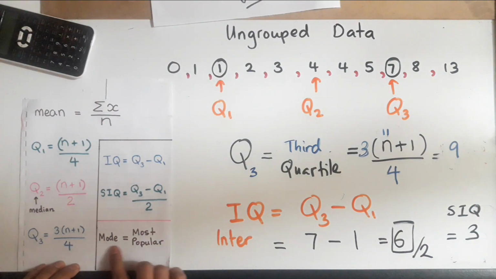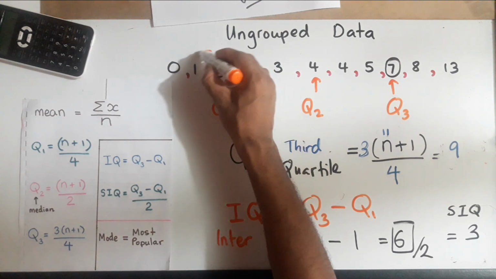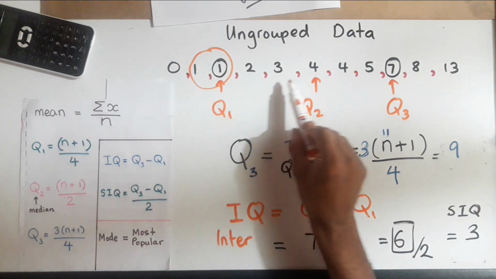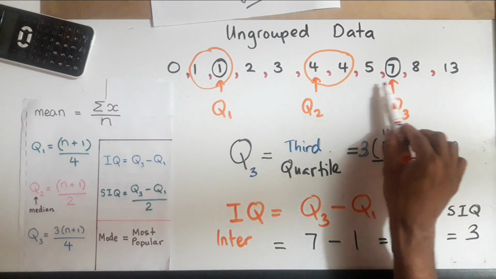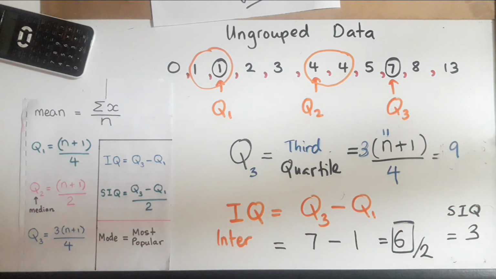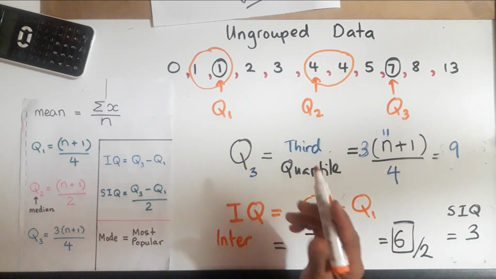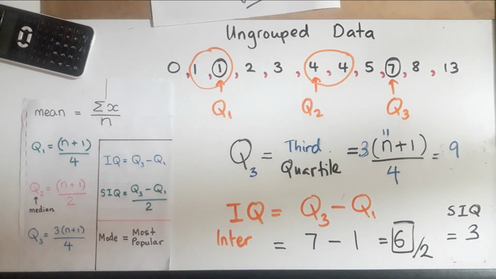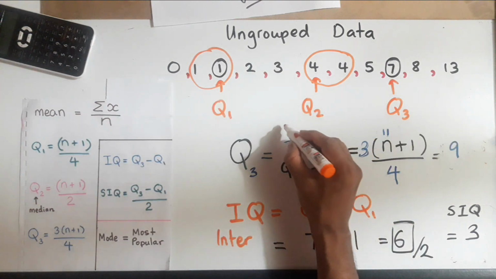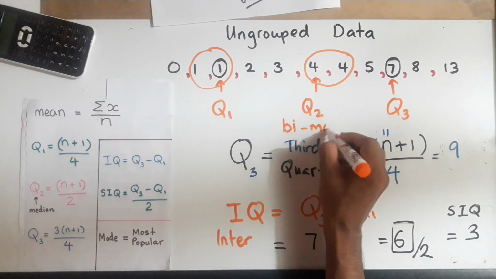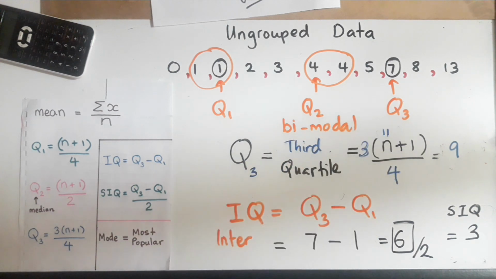And if they ask you to find the mode, it's the most popular number. Well, I think there's a tie here because the 1s appear twice and I think the 4s appear twice. So any other numbers appear? Nope. So in this case, we have a tie. 1 and 4 both tied for being the most popular, and that's what mode means. So what would you call a scenario like this? You call it bimodal. Bi means 2.